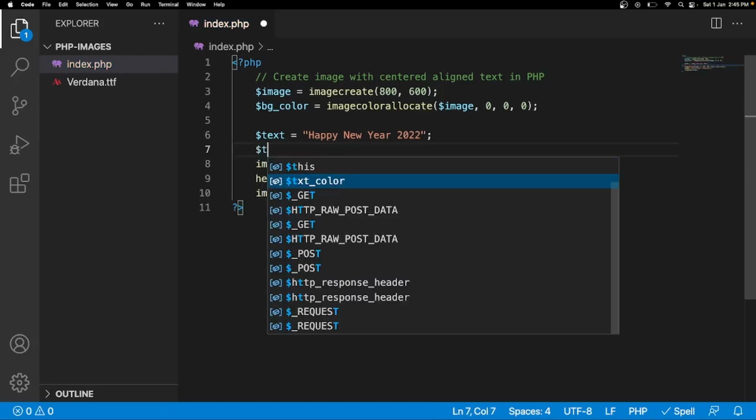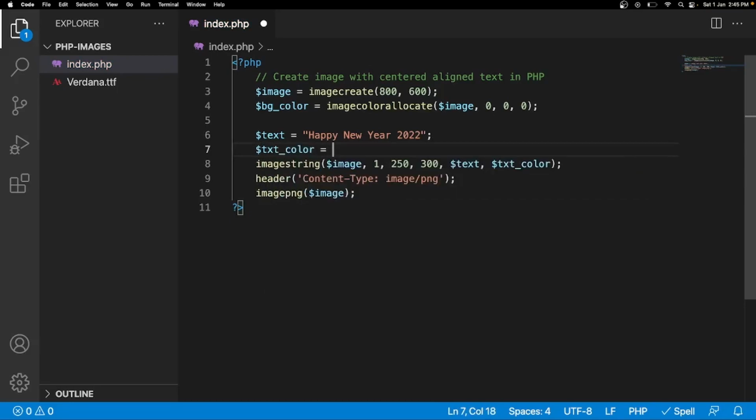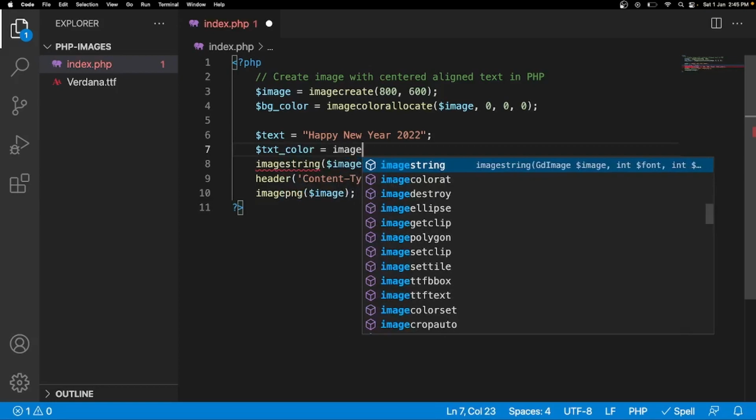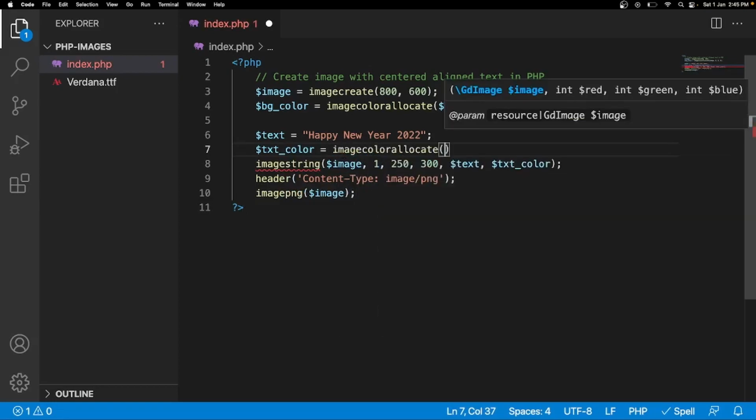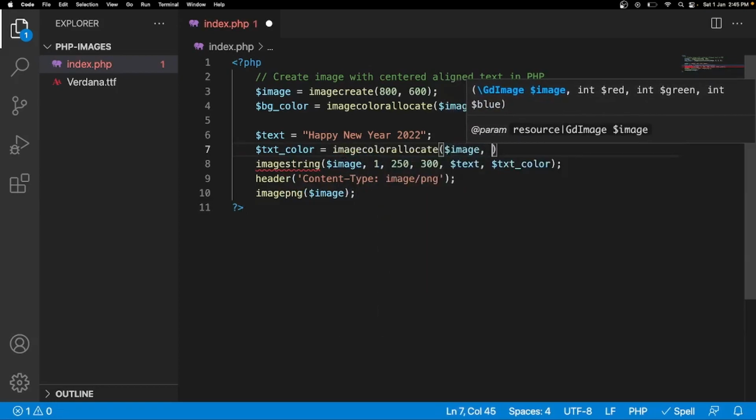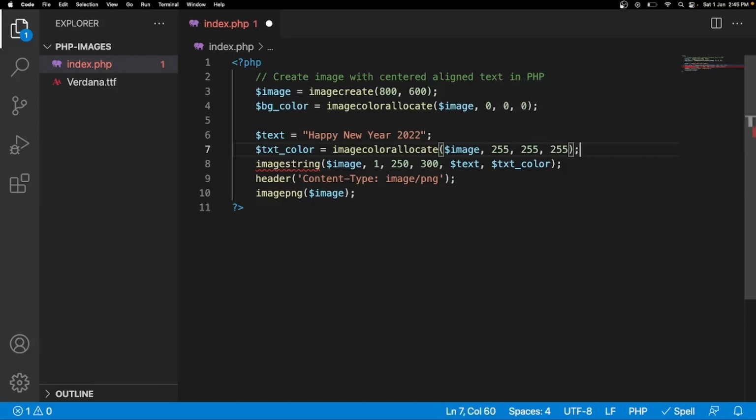And then the color, txt color equal to, again I'm going to use the same function imagecolorallocate with white color. This time I'm going to pass red 255, green 255, and blue 255. So it will create a white text color for me.